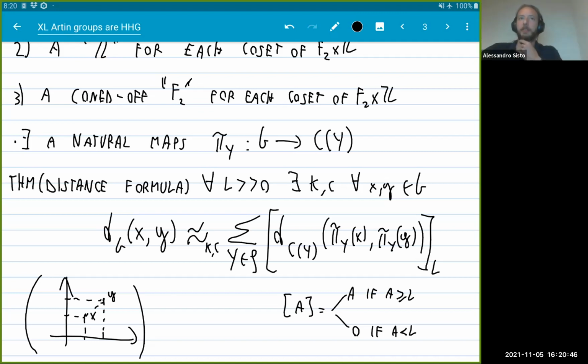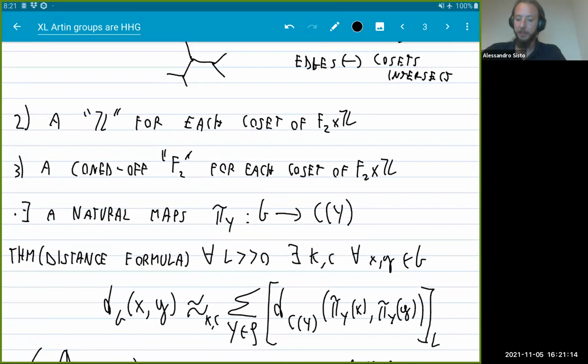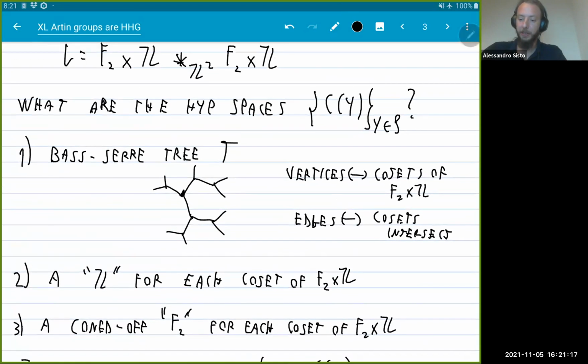Okay, very good. So this is one. Hopefully it's clear what this means, and it's one way in which the geometry of the various hyperbolic spaces controls the geometry of G. Right, and maybe more inspired by this example that we've seen of this amalgamated product, there's a Bass tree, and for each point there's a product of 2 hyperbolic spaces essentially, which is associated to it.